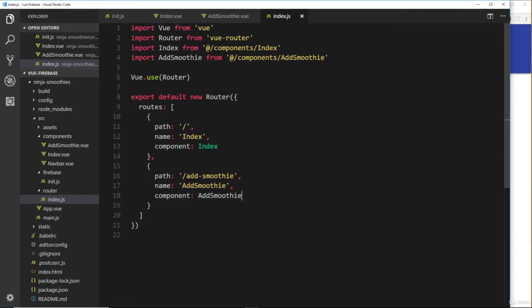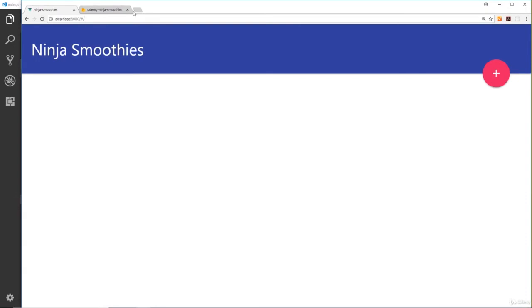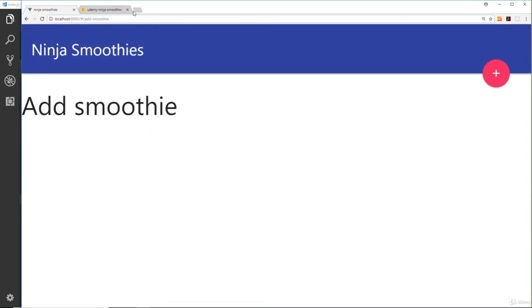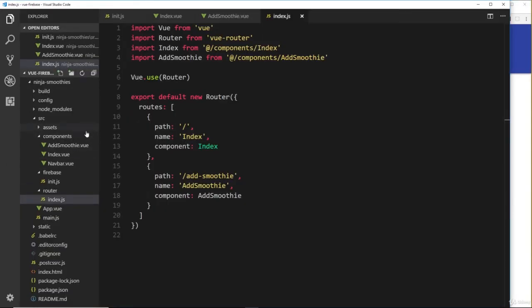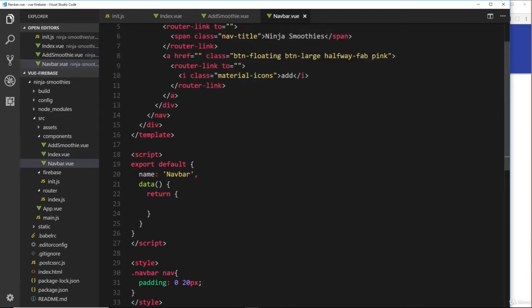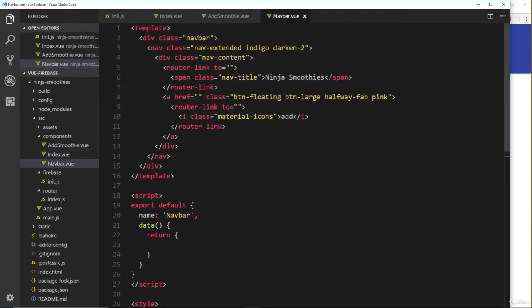Okay, so now we have our route configured right here. So what we can do now is we can go to /add-smoothie, and that should show us this component. Cool. Now we want to get to this component whenever we click on this, so why not add that into our navbar? So let's go to our navbar component over here,